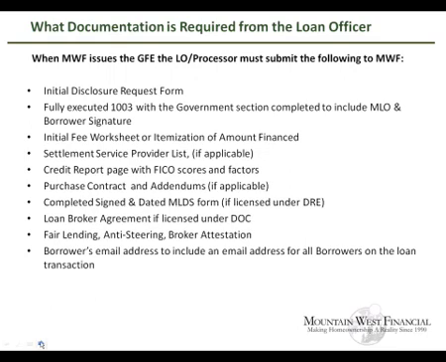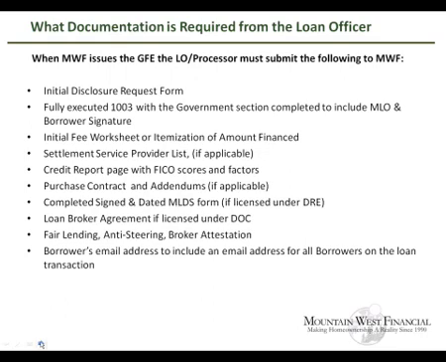include MLO and borrower signature, the initial fee worksheet or itemization of amount financed, the settlement service provider list, if applicable, your credit report page, which shows the FICO scores and factors, the purchase contract and addendums, if applicable and